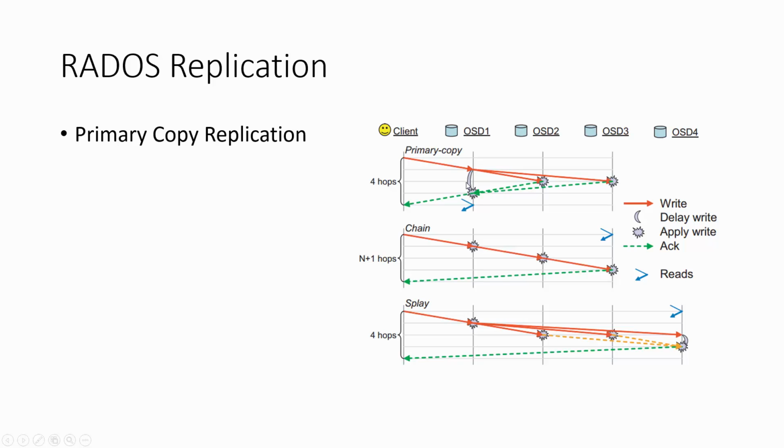Once the primary copy of the replica hears back from all the other OSDs, then it can also apply its write and then respond back to the client. So that's a write operation. In this primary copy replication scheme, reads can happen basically at the first OSD itself. Now, in chain replication,